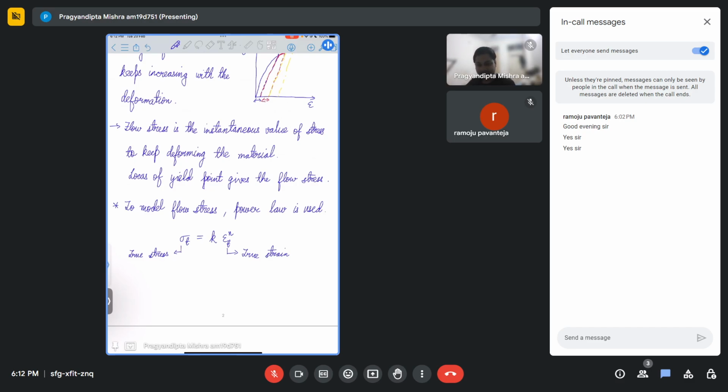Now here your K is known as the strength coefficient, while your n is known as the strain hardening exponent. So as the name suggests,